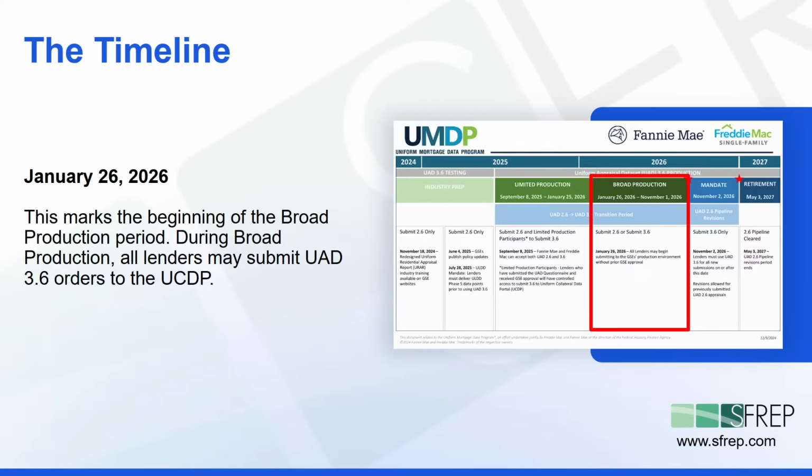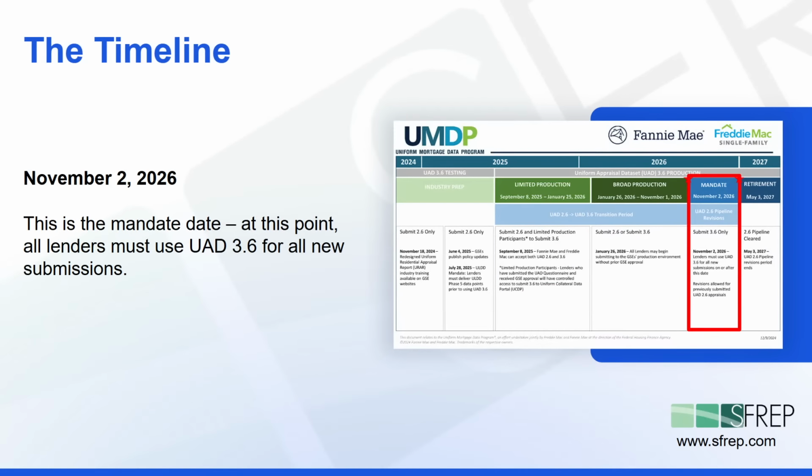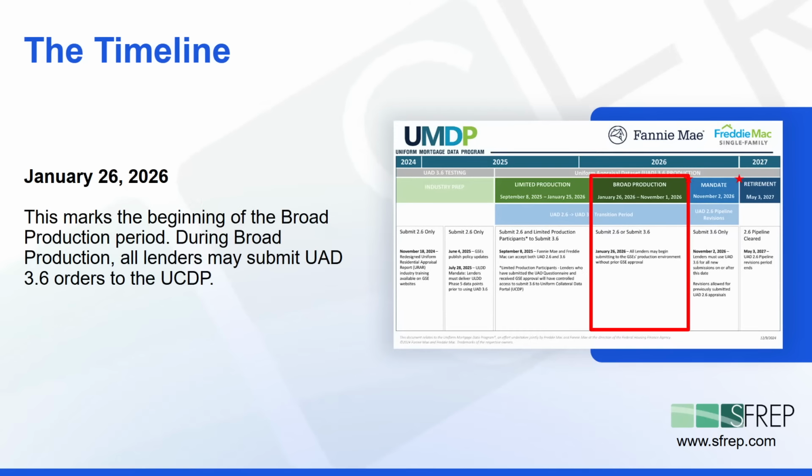And that is going to be the transition period where, like I said, you're going to start doing and seeing more and more UAD 3.6 orders. And as we approach November 1st of next year, 99% of those are going to be UAD 3.6. And by the way, I can tell you right now, a lot of people are like, oh,